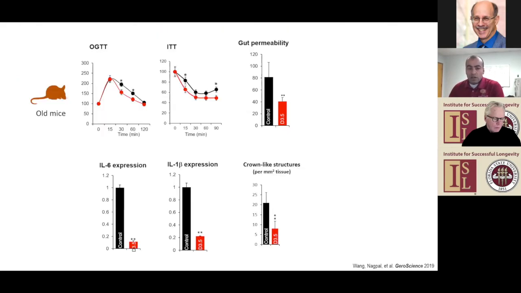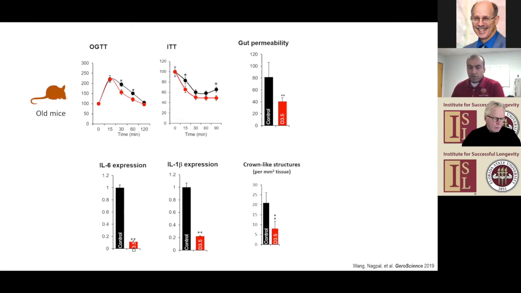We did a bunch more tests, and we found that the mice that were given this probiotic cocktail had improved glucose tolerance and improved insulin tolerance. In addition, we found a slightly reduced gut permeability in these mice, showing an improvement in the leaky gut syndrome. And we found that in the intestinal tissues, in the colon tissues, reduced expression of interleukin-6 and interleukin-1 beta. We also did gene expression analysis of a bunch of other markers. We didn't find much difference, but in these two specific markers, we found significant reduction in the inflammatory genes.